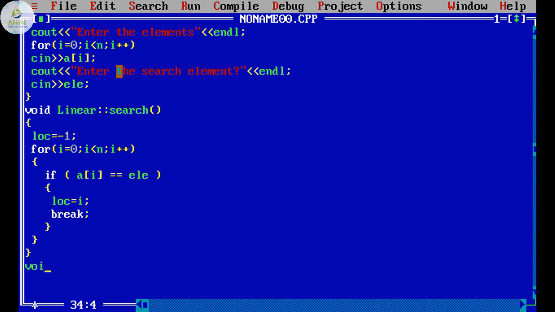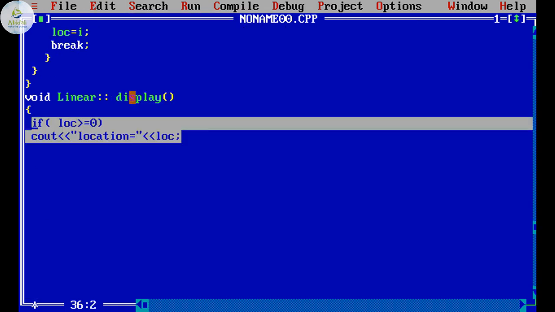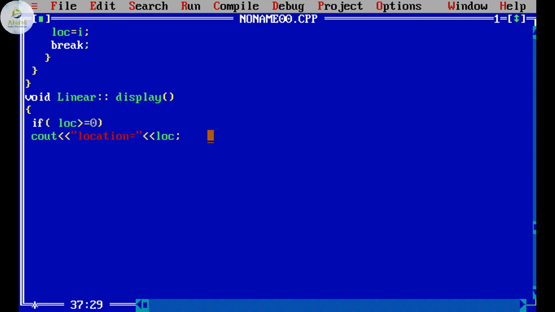Next we'll move to another function, void display. After closing the function, we will move to another function, linear, scope resolution operator. Then the name of the function is display. Open the curly brace. Now we have already typed that statement, so I will paste it over here.